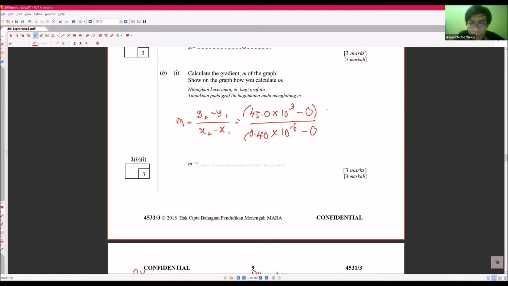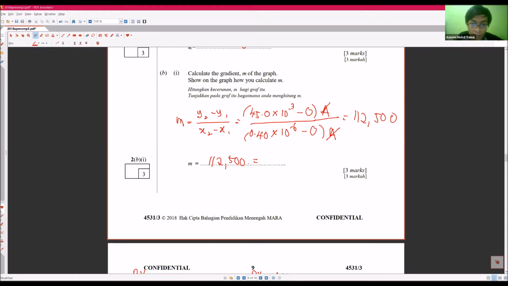Okay, so ampere, ampere. So we know that the unit will be unitless because the ampere will cancel out. But the multiplier somehow will not cancel out. So let's check with our calculator. Okay, so we will get 112,500. If we want to change it into standard form, then